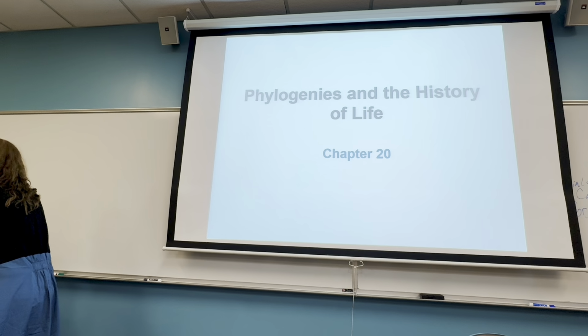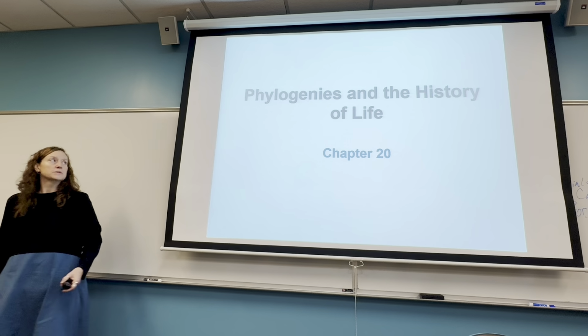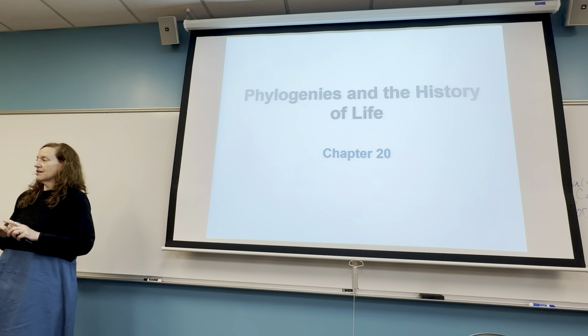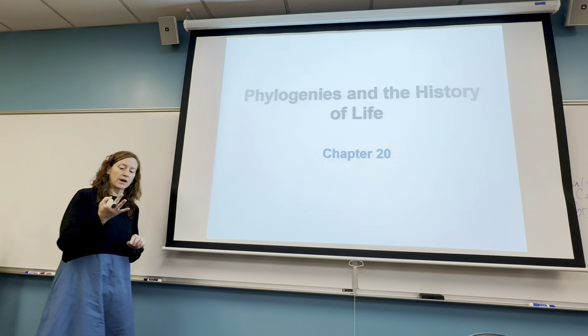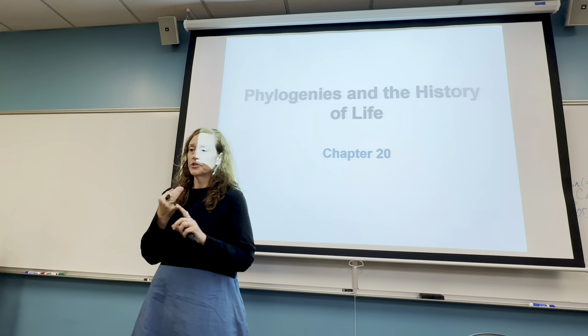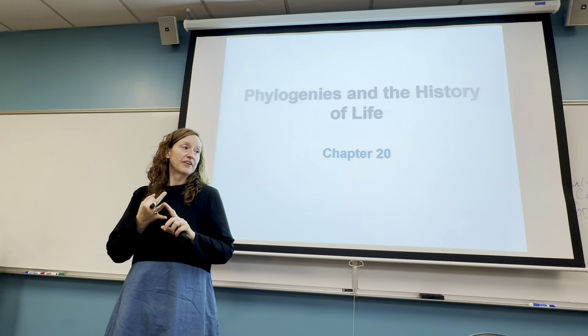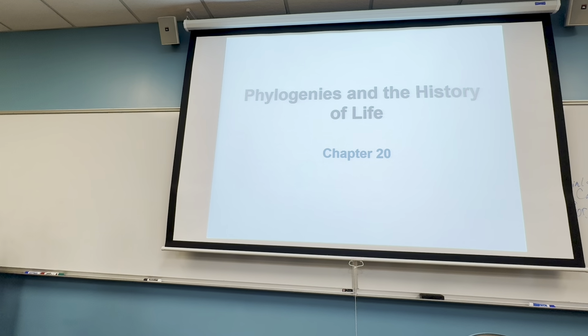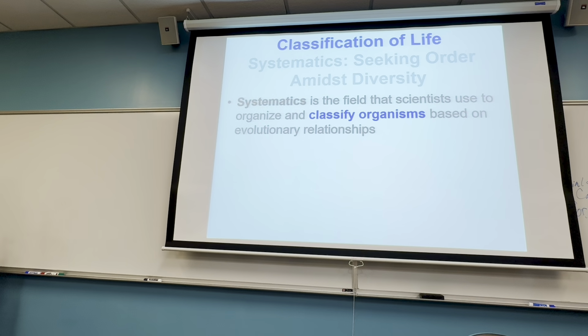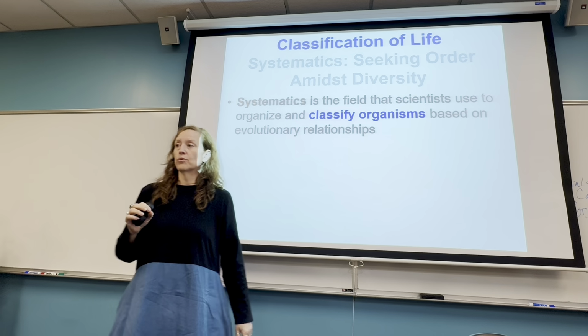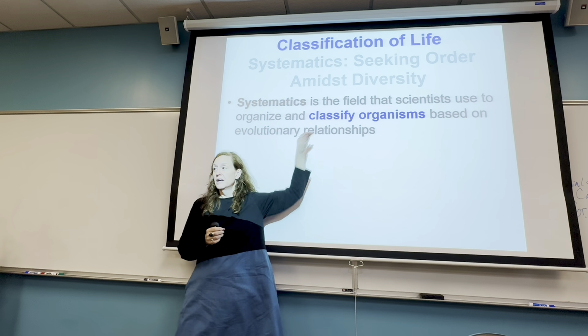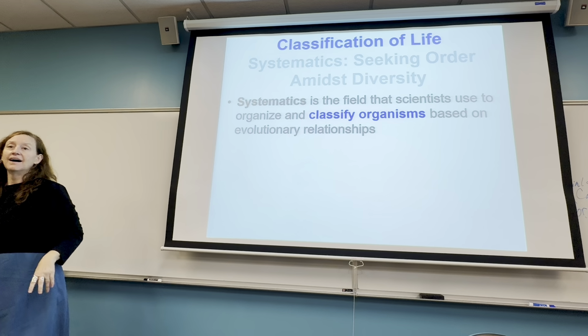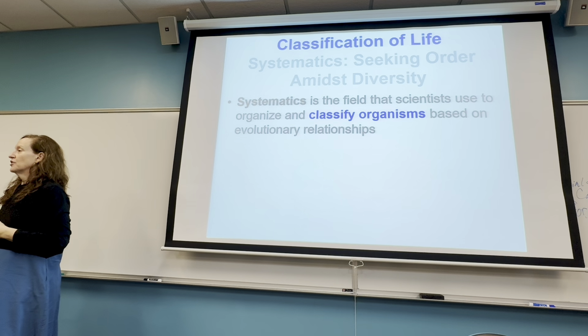There's a lot of different layers when we're talking about classification of organisms. So we center our study of classification of organisms around 3 different disciplines, which is systematics, phylogeny, and taxonomy. So let's define some of these terms here. So systematics, this is the area of study where organisms are classified, or when we mean classified, grouped, based on the way they evolved over time.